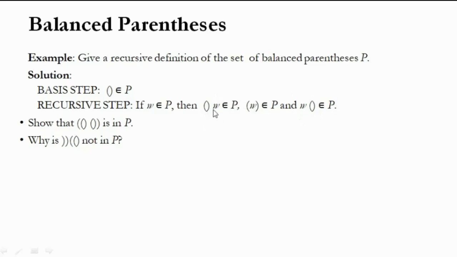If you write it like this, it is just like a statement, opening and closing bracket, then some other statement, and an if condition, opening bracket, some condition, closing bracket, and some statement, opening bracket, where you don't mention anything, and close bracket. Still the compiler will not give you any error because the opening and closing brackets are there. So these are the three possible combinations with which this recursive step can be defined. So show that the open close parenthesis and open close parenthesis is in P.